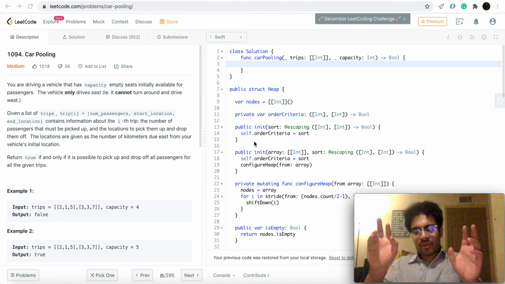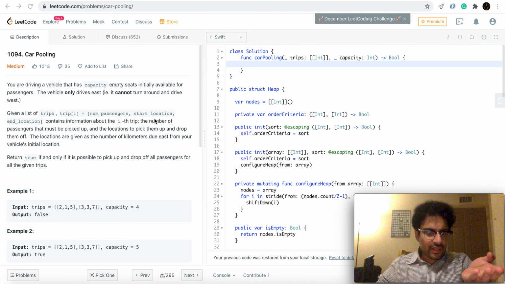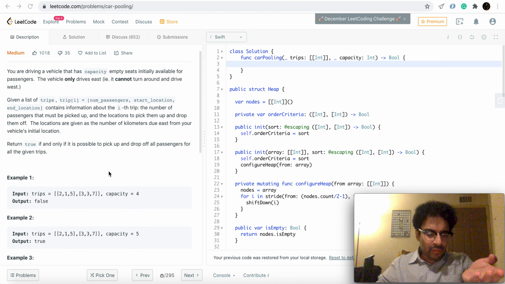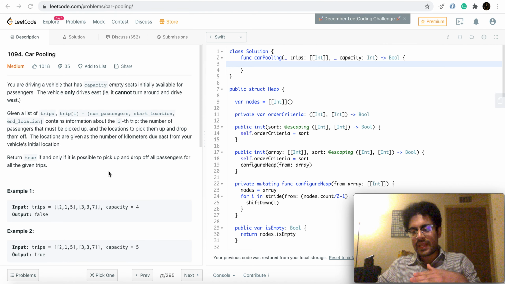So, following that analogy, not the perfect analogy, I accept, what we receive as an input to this problem is an array of trips. Every trip is an array of integers by itself, where the first element is the number of passengers, the second is the start location. I don't know why they said location. I think that should be time, or maybe it's location. Anyway, that doesn't matter. And the third element is the end location. I might end up saying end times and start times, so don't get confused with that.